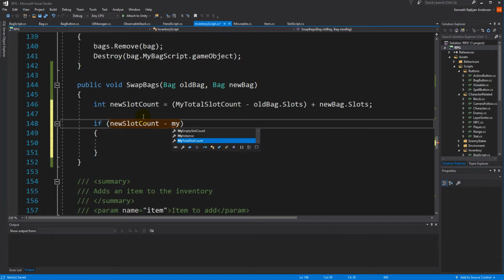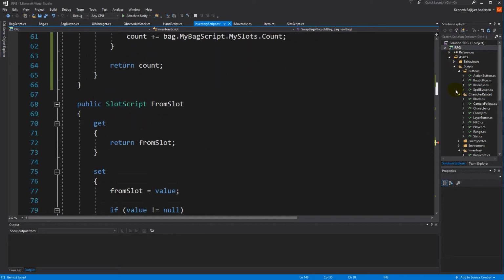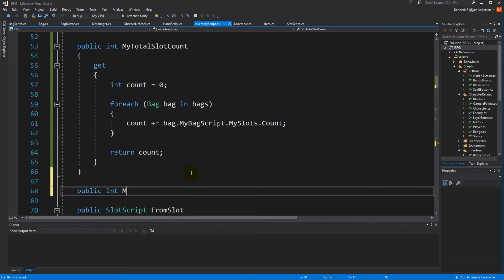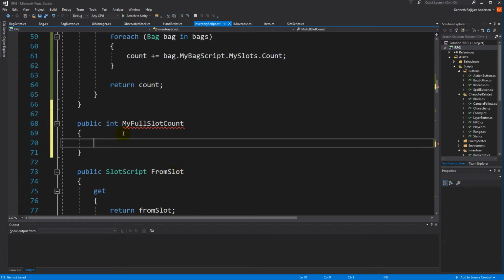Okay, so we only have empty slot count and we have total slot count. We actually need to know how many full slots we have to figure out if this is okay to do or not. So we can just create a new property. Let's see, I want to add it right there. So public integer, my full slot count. Okay, so we need to know how many full slots we have in the inventory as well, because we need to know if it's okay to do the swap,